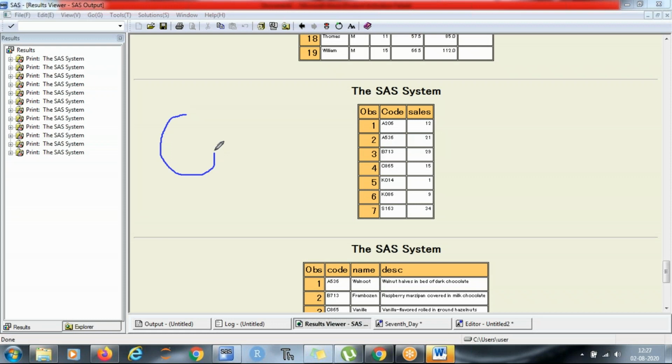If this is my sales table and this is my description table, 6 data points are common. One here is not common, one here is not common. And when you merge them, the merged table will show you the total number of observations which are there in these two data. So your answer is 8. ये बात सबको समझ में आई?